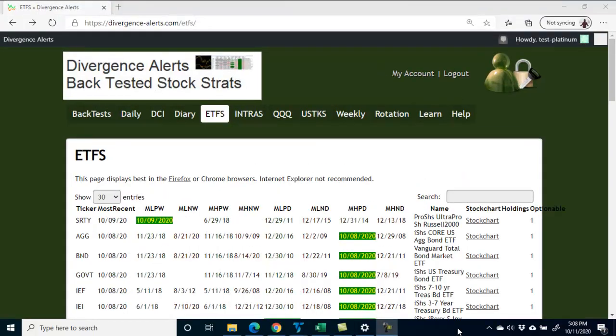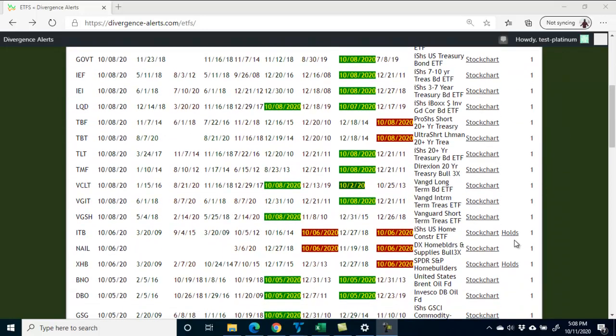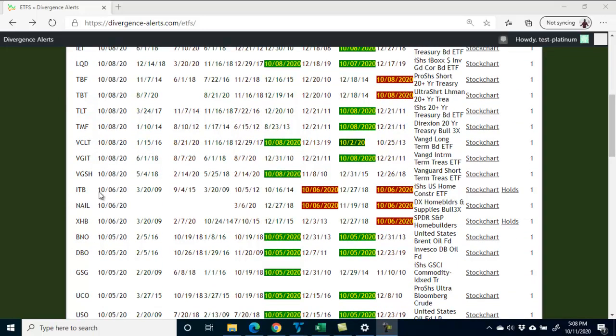On the ETFs page, I want to show you how you can do a top-down analysis. So each row is a particular ETF, and one of the columns here is holdings. So if you find something interesting about an ETF, say ITB here has some fairly recent negative divergences on the daily chart, you can double click down in if you're interested in what part of US home construction might be driving these negative divergences. Click on the link for holdings,